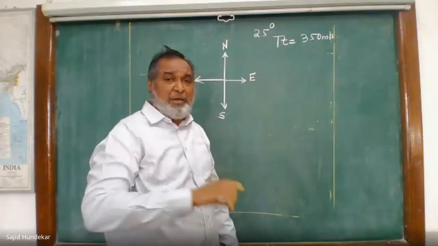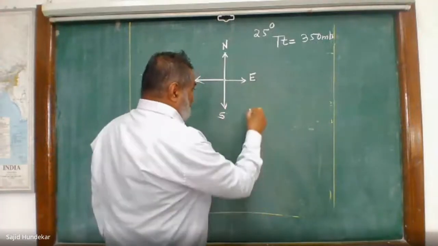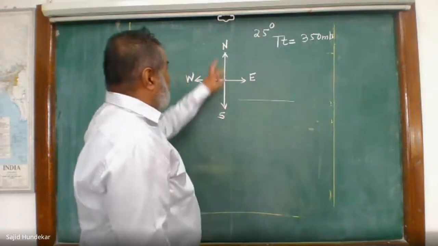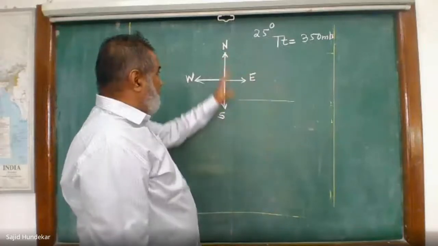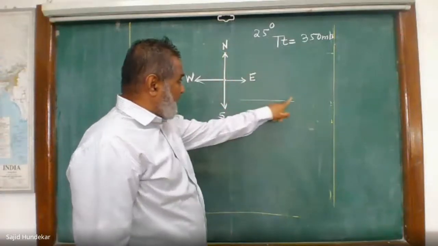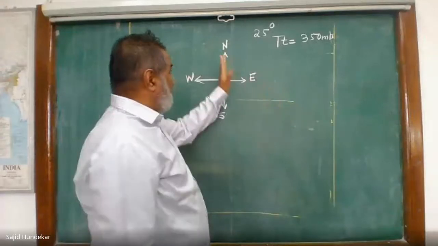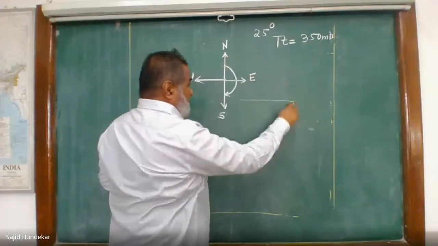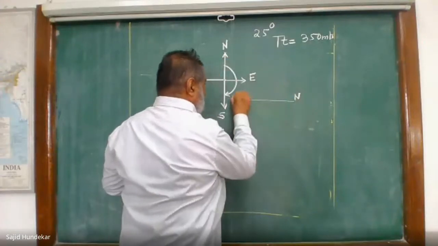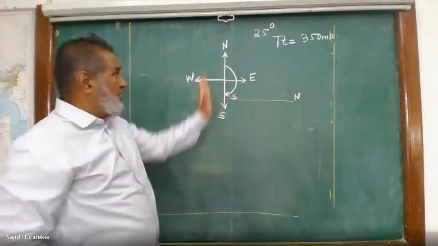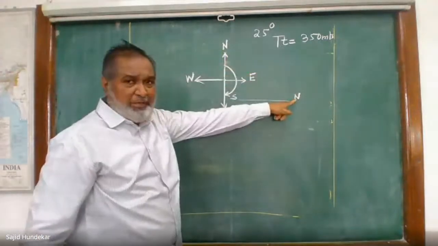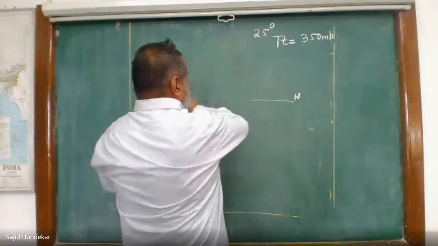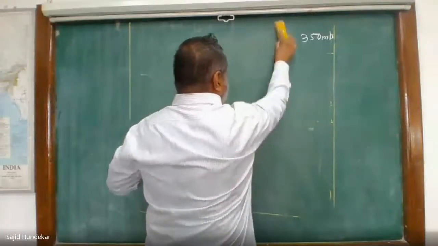Now what is given? The bed is dipping towards north. I'll make a small construction now. This is my horizontal surface. The bed is dipping towards north, so should I write north here or here? Your clock will go in this direction. So north has to come on this side and south on this side. Remember, we have to turn this way. So north will be this side and south this side. This will be required for the next problems.